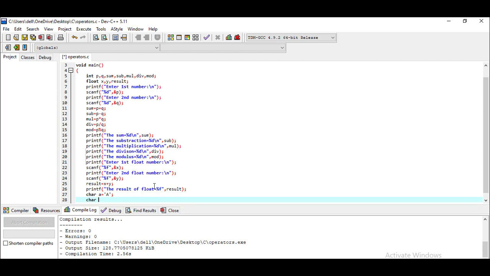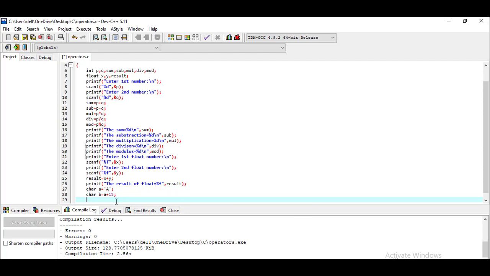What I'm doing, I'm here going to make some addition on the char variable. So I'm declaring another variable, say char b, and the value assigned to this will be the value of a incremented by 15. Whatever the value of a is, it will increment it by 15, and that value will be assigned to the variable b.